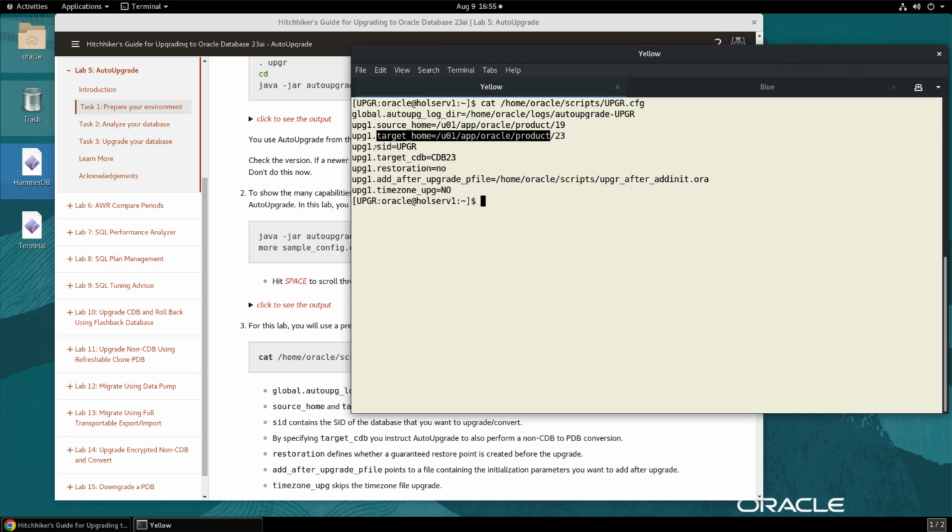And the database SID we're going to upgrade is the UPGR database. Now the UPGR database is a non-CDB. We can't just upgrade it because there are no non-CDBs anymore in 23ai. We need to plug it in as well, and this is why we specify target_cdb 23. So it will be plugged in first, and then it will be upgraded, and then it will be converted into